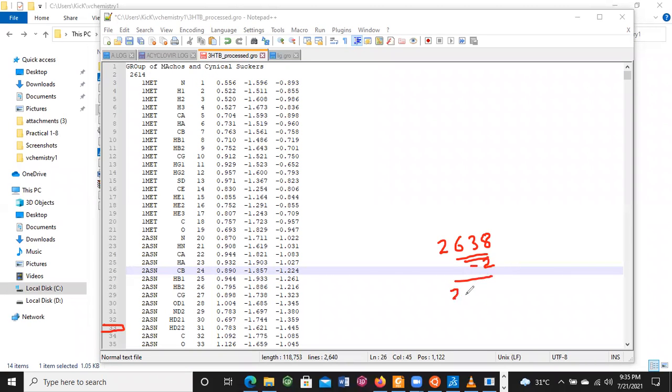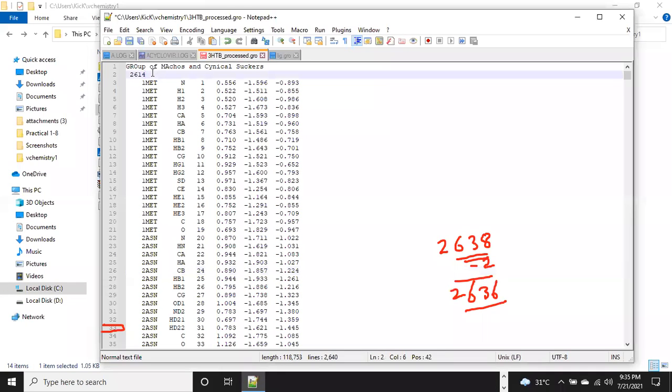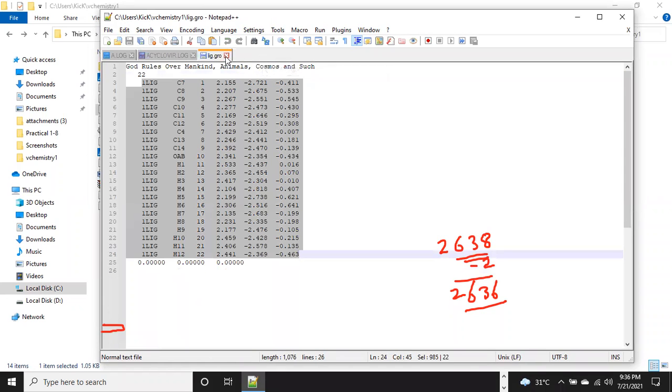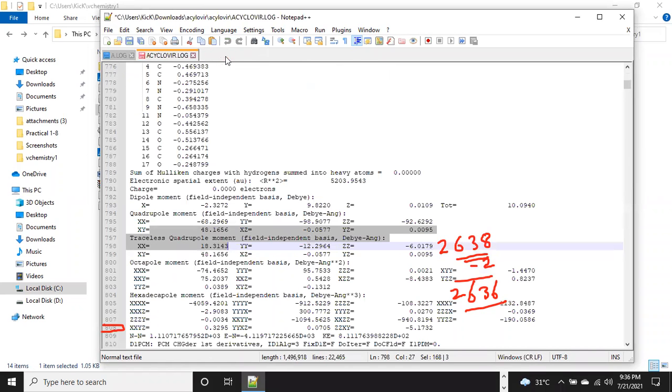Minus 2, this will be 2636. And correct the parameter in the second line. This parameter is 2636. And save this file. Okay. Now we are able to merge the coordinates of protein and ligand in a single file.